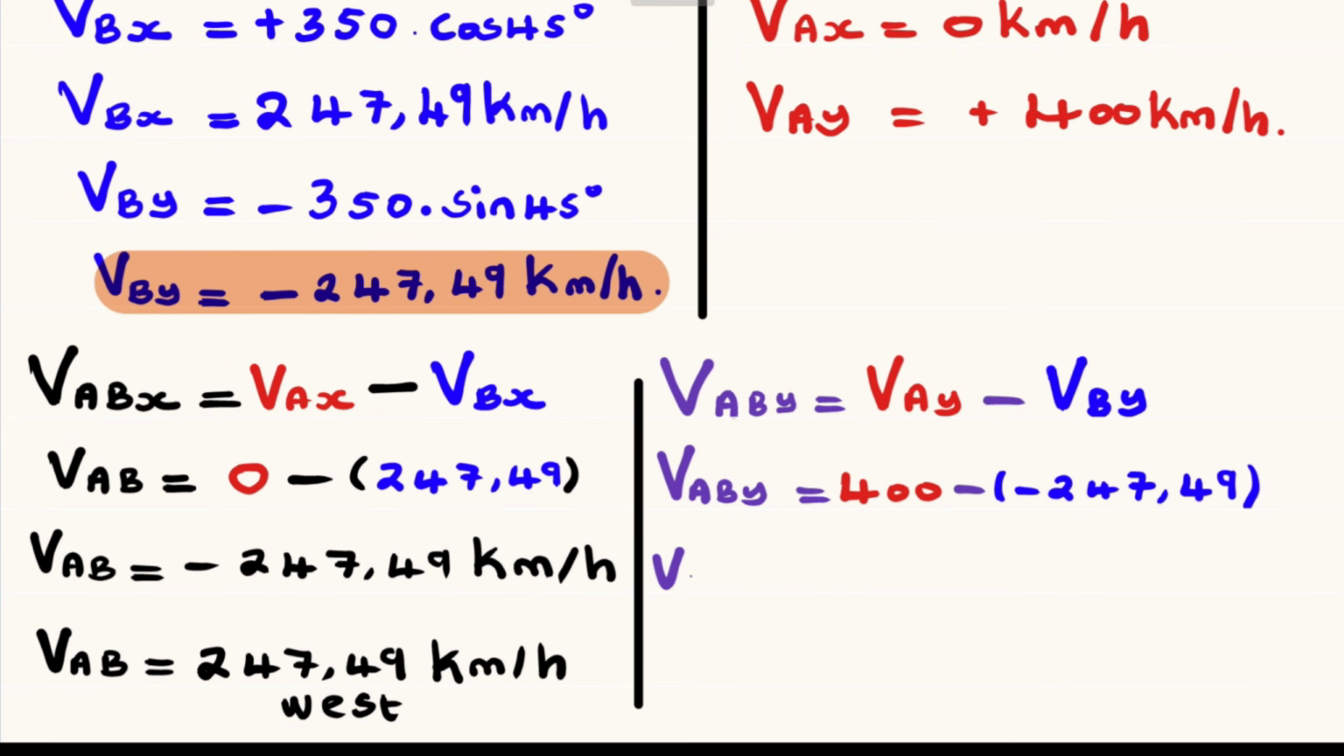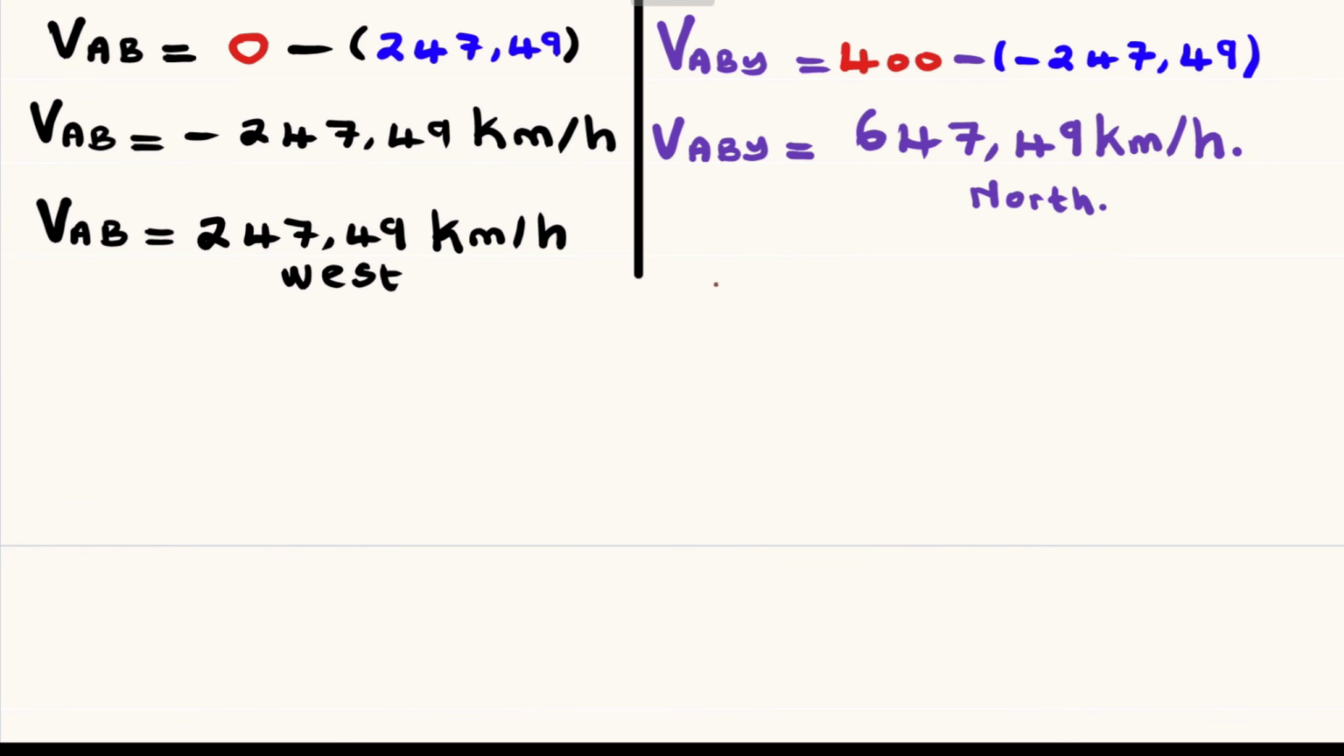So the velocity of A relative to B vertically, or on the y, will be equal to 647.49 kilometers per hour, and it's positive, so it's north. We can indicate this on the compass or the Cartesian plane. We have the vertical component